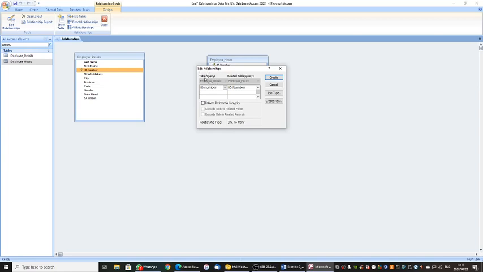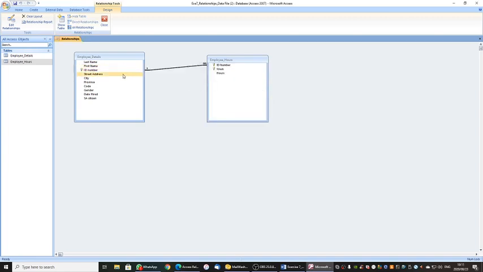What would I like here? I want table, employee details ID number, and I want the related table, that is the relationship, is employee hours and ID number. I'm going to click on here, enforce referential integrity. Now, enforce referential integrity just makes sure that Access will not let you refer to a table that doesn't exist. Very easy. I click on the create button, and you will see here I have a relationship